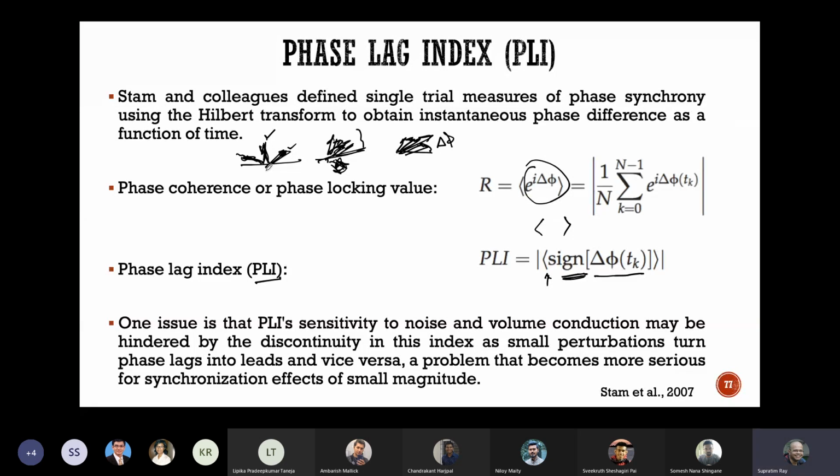Now I'm going to tell you another version of PLI. Okay, I'll move on. So one issue with PLI is that there's